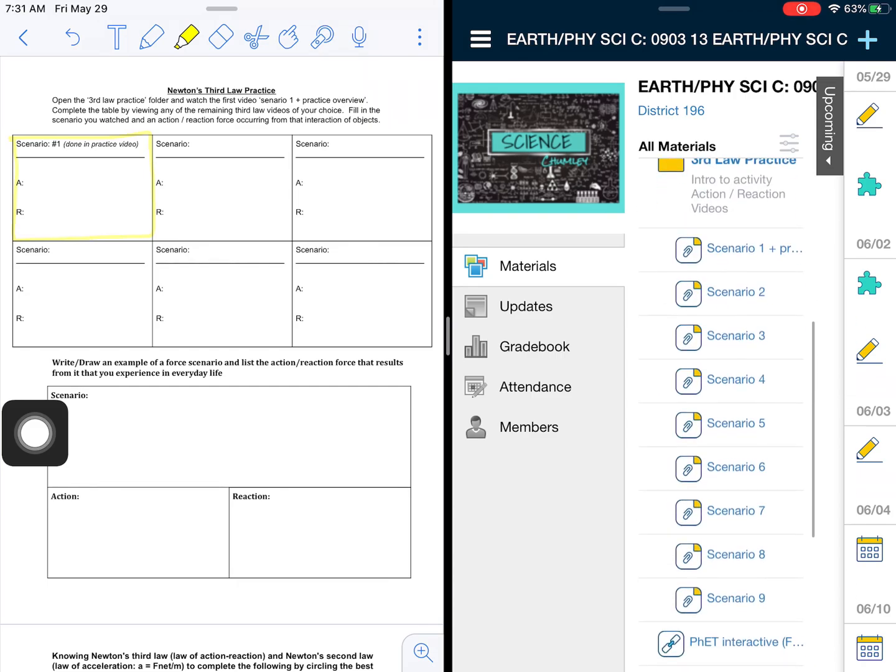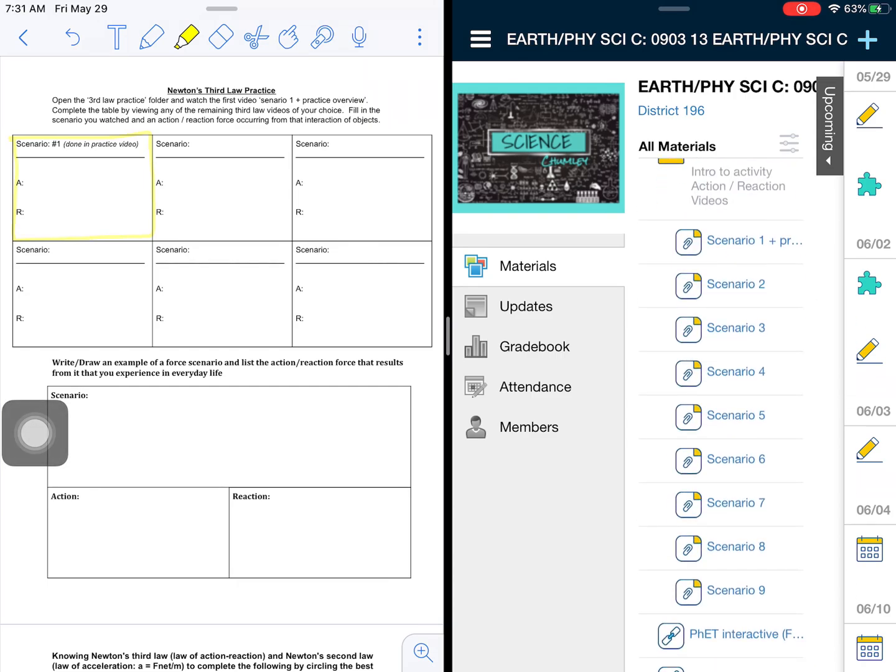And when you open that up, you're going to see several different scenarios. Now notice your chart here only has 6. I did that so if there was one you really weren't sure what was happening, you can just pass it over, right? You can get to a different one. So you're going to find 5 after the example we do together here